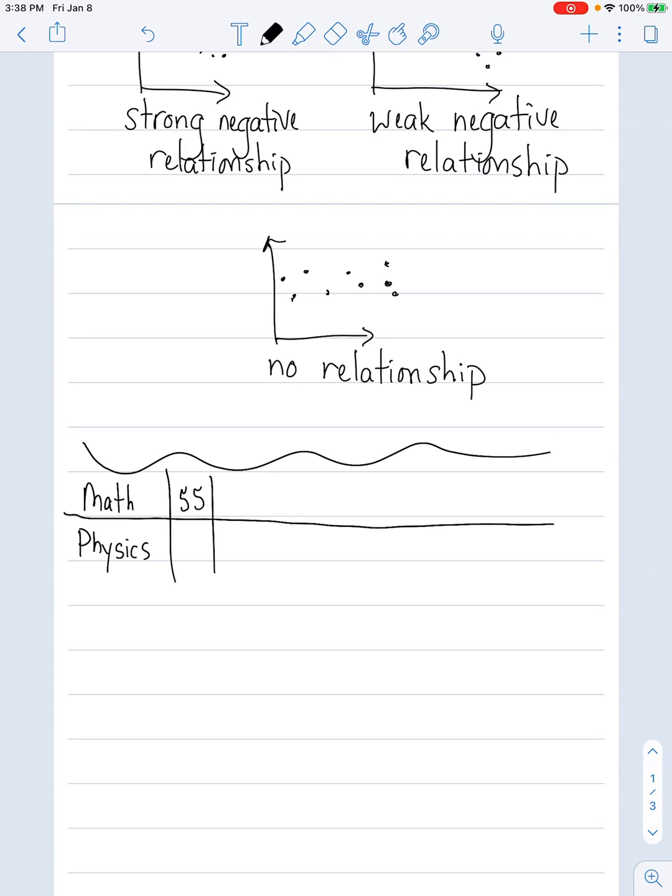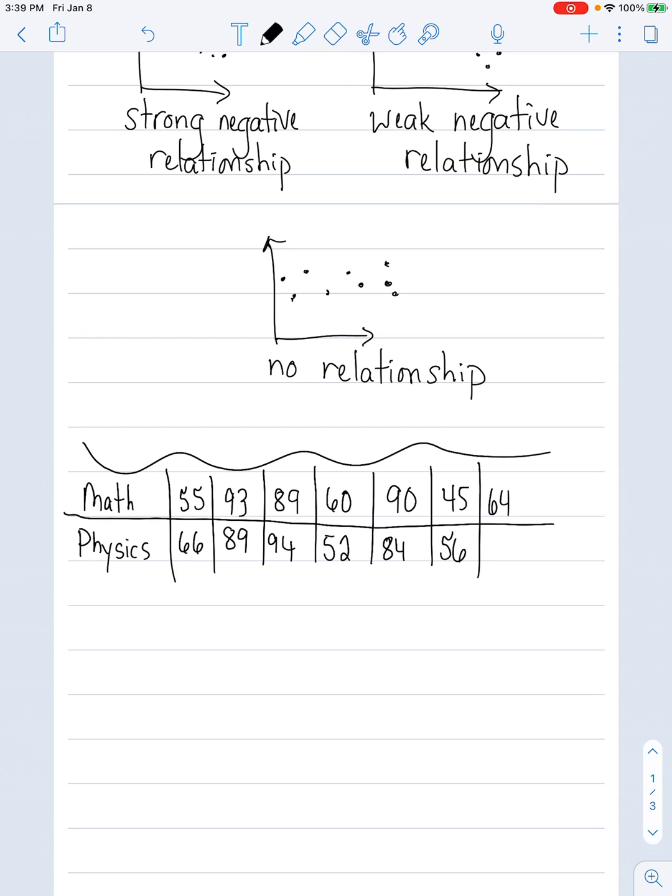The first entry is 55, 66. Next is 93, 89. Then we have 89, 94. Next is 60, 52. 90, 84. 45, 56. 64, 66. There are two more entries. 76, 73 and 89, 92. So just by looking at the table, I really can't tell if those two things are related,